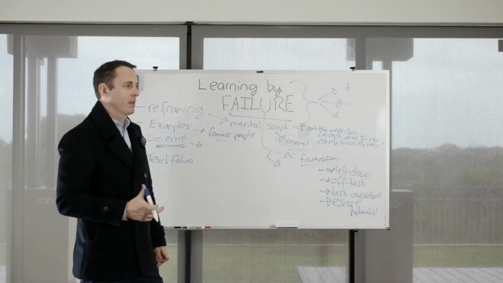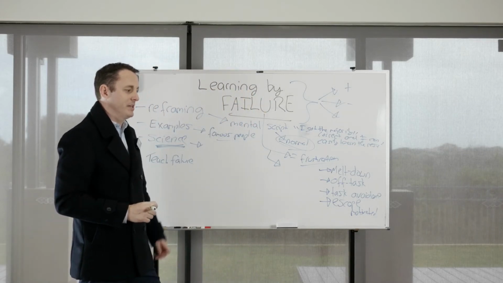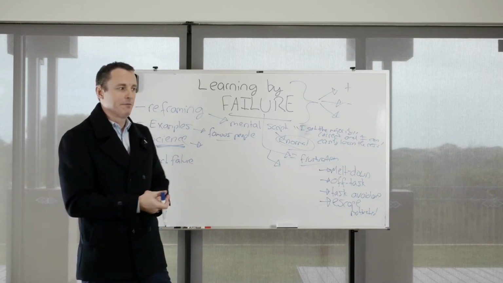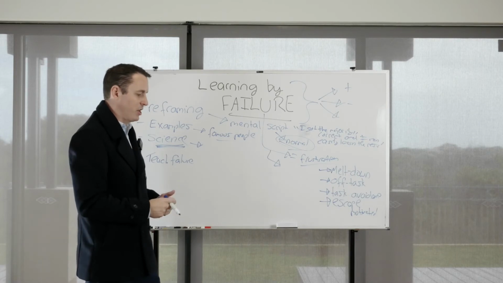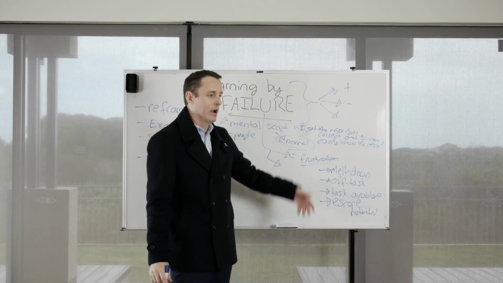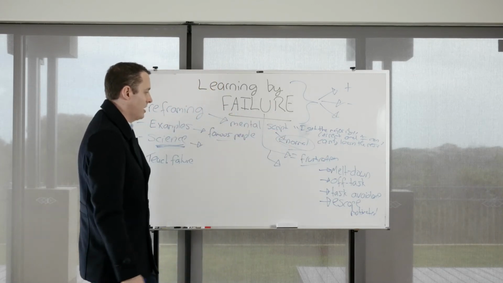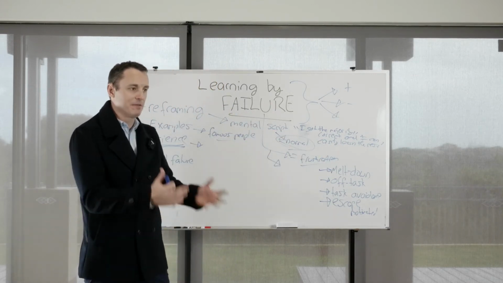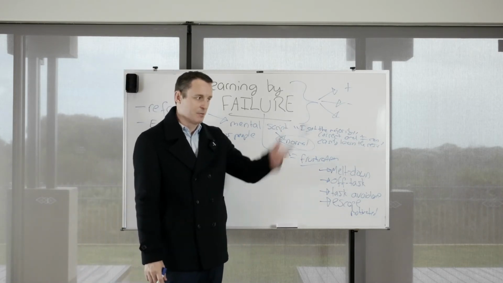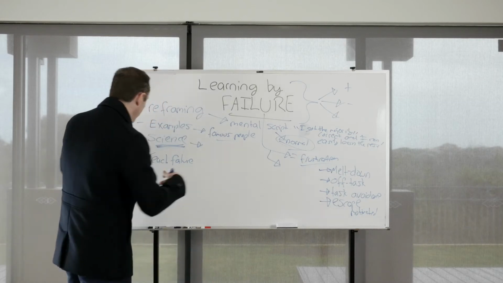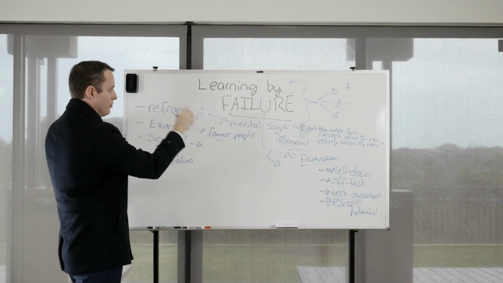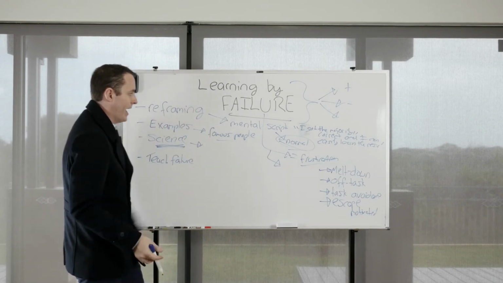Which basically is a term that means students are really worried about being publicly humiliated in front of their peers. So they don't want to be seen as a failure. So they go through a process of trying to avoid any type of failure or any type of perceived failure or potential failure. So then they go and do stuff like kick chairs and swear at a teacher or whatever. Anyway, so that's why using those examples and trying to normalise failure is a really good way of trying to